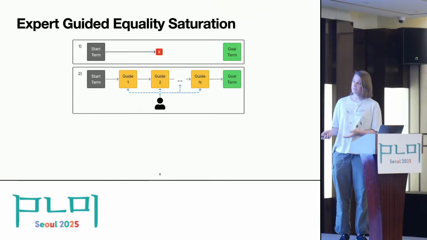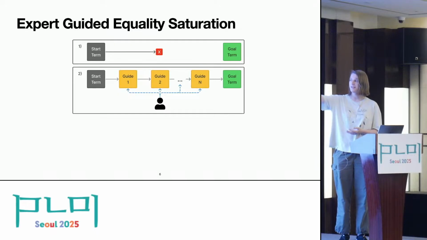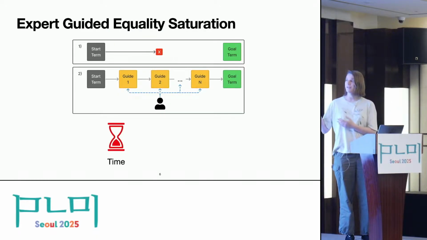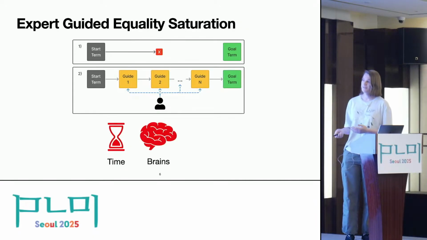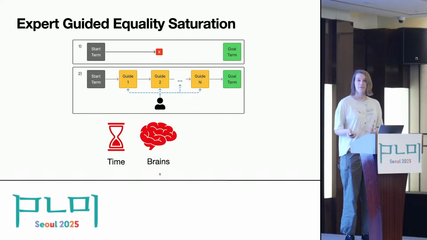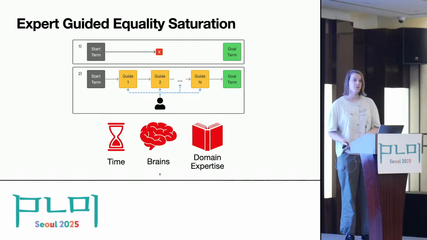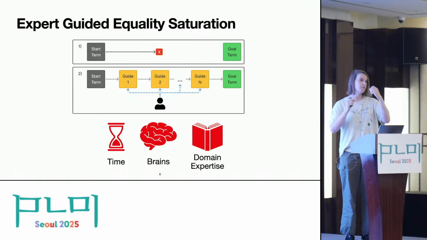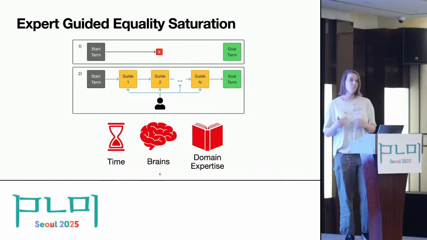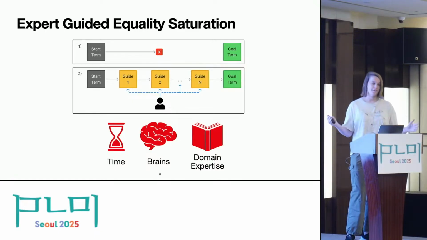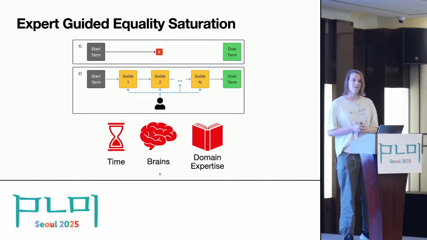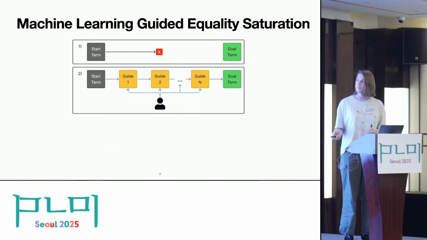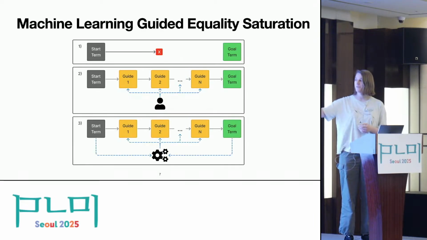So this is expert-guided equality iteration, but you can see in the middle there's a human, and let's get rid of the human because we have the problem that writing these sketches takes a lot of time. It's not very easy, and it's not very beginner-friendly, and you need domain knowledge about what problem you're trying to optimize, because maybe you have a Zelinsky compiler, as mentioned, that's more about reshaping a geometrical problem or a loopy program, or we've heard about biochemistry today, or chemistry, all not things that are easy to pick up in an afternoon. So what we propose is machine learning guided equality iteration, where we take the human and replace